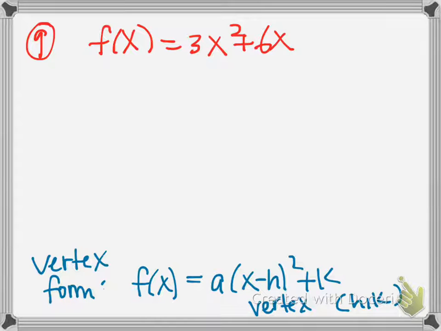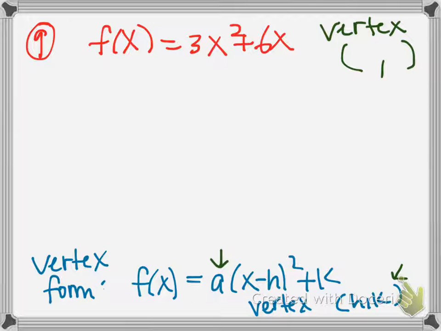Number 9, we are given a quadratic in standard form and we're asked to convert to vertex form. So there's a couple things I need. I need to identify a, so I can throw that number in here, and then the vertex, h comma k. So to find the vertex, there's a formula, and I'm going to record my answer here for the vertex up